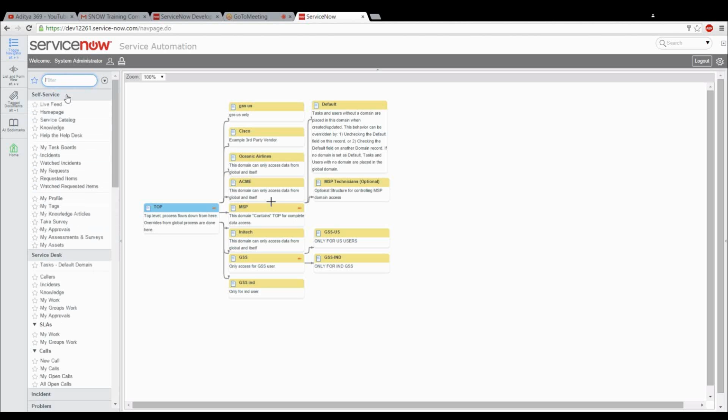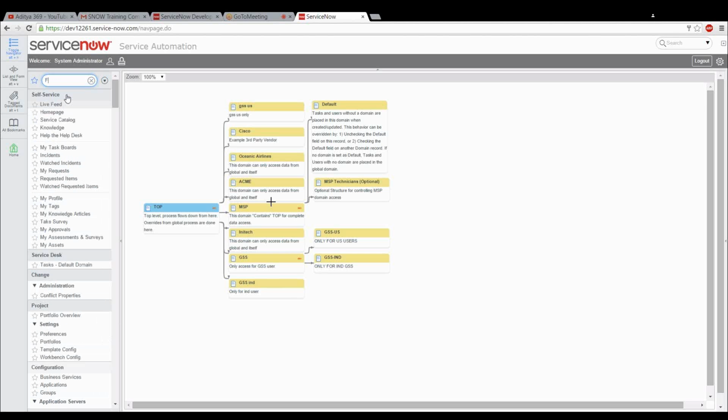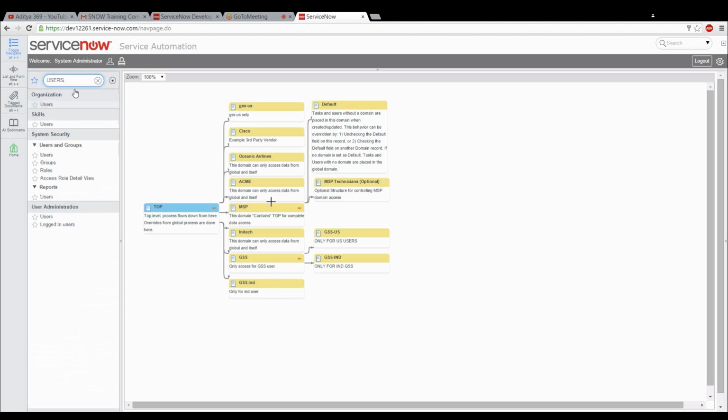You just type users. Select the users under user administration. Under user administration, there is also a users option. Click on that.